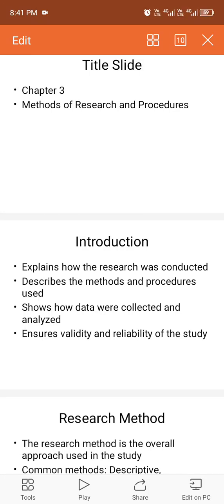So good day everyone. I will discuss how to write Chapter 3, the methods of research and procedures. Generally, the research design is explained in this chapter. Among the topics included in the research design which need some explanation are the following: one is the method of research used, two is the method of collecting data and development of the research instrument, third is the sampling design,